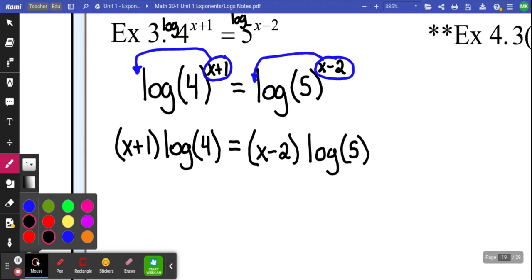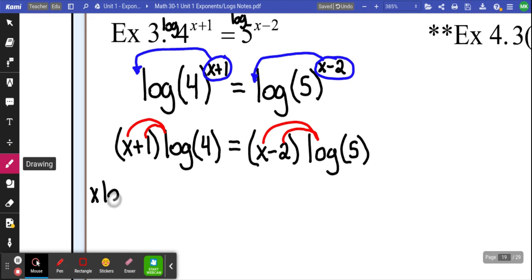Definitely a polynomial. It's a linear equation. Remember that term? Why is it linear? Highest exponent is 1, right? So typically to solve linear equations, we need to expand and then get all of our x's on one side, all of our numbers on the other. So we're going to have to actually expand these brackets. So it becomes